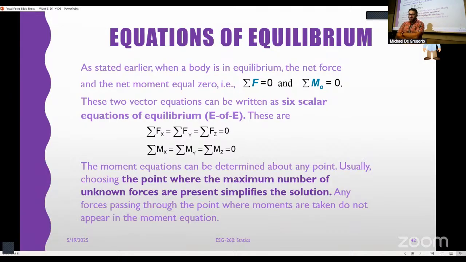Okay. So now we have 6 scalar equations that we would take into account for doing our equilibrium analysis, right? And we have to balance everything, not just the forces x, y, z, but also the moments about the x, y, and z axes as well, okay? How do we set up these equations? The same way that we always set up these equations, right?